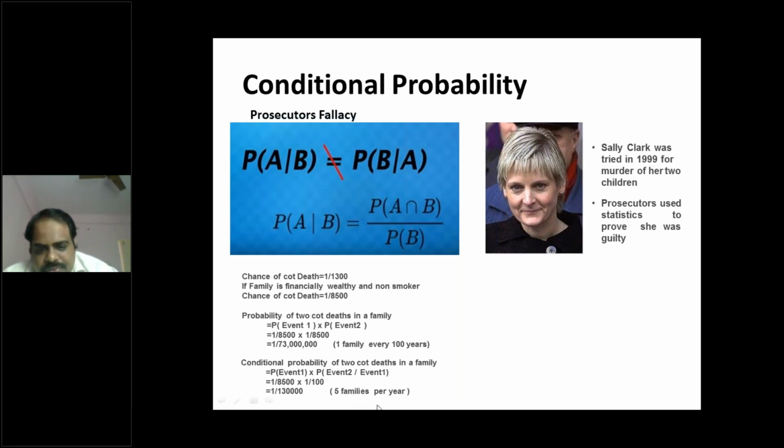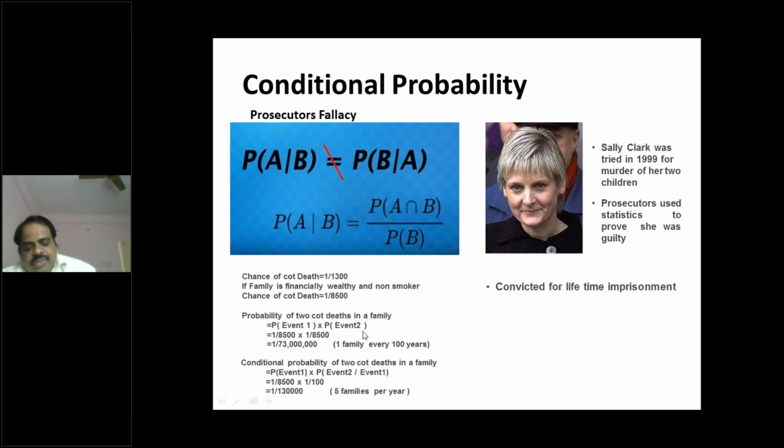If you compare the two, this is quite a likely event. The probability has changed so much, so they realized that she was not guilty. When they went back and checked some of the medical reports of those babies, they found that the babies had infections, and there was always a possibility of them dying of other causes. Only because somebody calculated the probability wrongly and was not aware of statistics, she was put into prison for 3 years. This lady unfortunately lost her two babies, and she was also wrongly persecuted for all this.